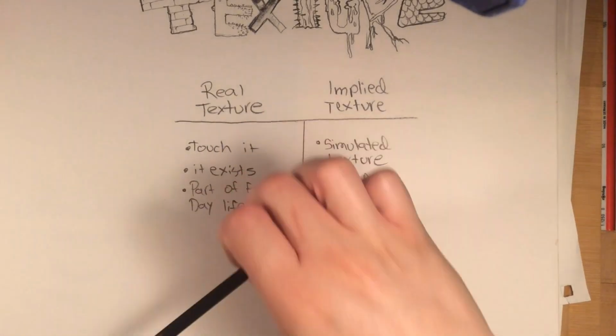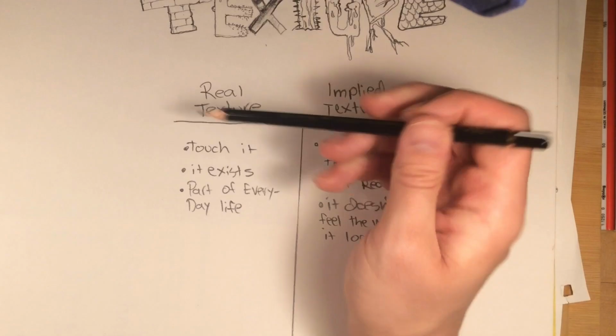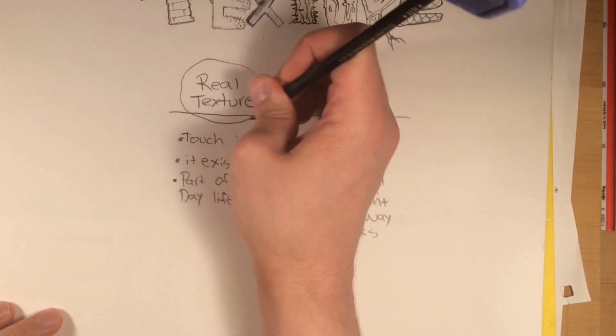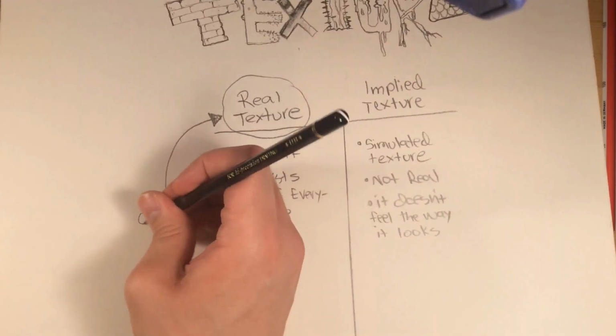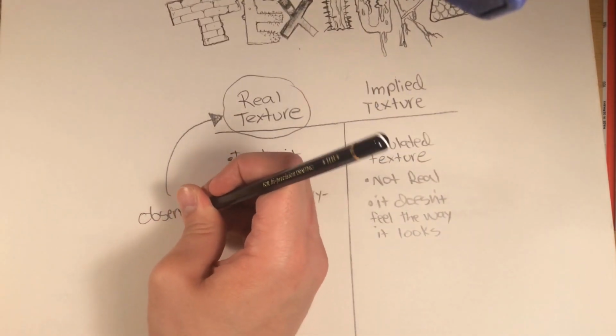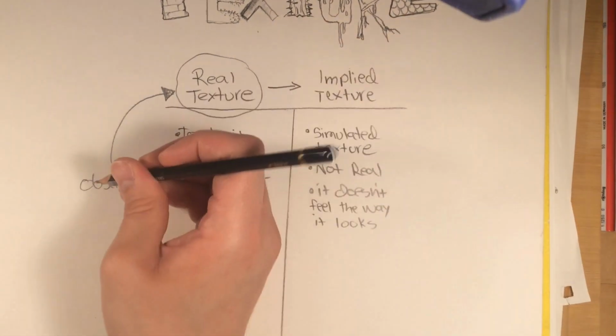So I don't want you to make up anything. I don't want you to imagine the texture of this animal. I want you to observe it, which means that you've got to find a good reference. So you're going to be looking at a real texture. So you're going to be observing that, right? So observe a real texture, but you have to turn that real texture